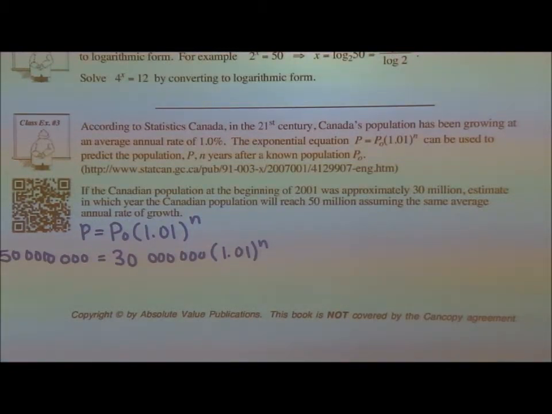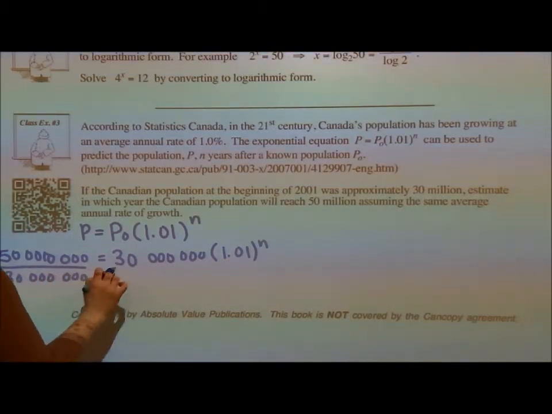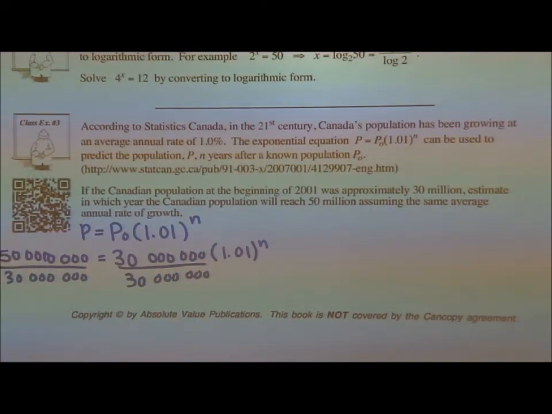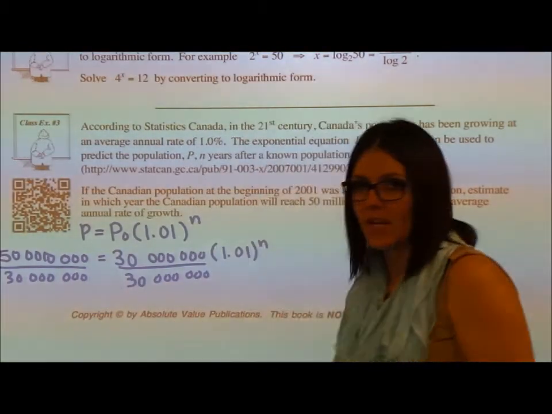Is this a simple exponent or a more complex exponent? Simple one. Why is it simple? Because there's only the exponent on one side. There's only one exponent. So if I go to solve this, what should my first step be? Divide 50 million by 30 million. So here's the question. Did I need all those extra zeros? Or could I have gone 50 and 30? I probably could have just done the 50 and the 30. Still works. 50 million divided by 30 million gives me